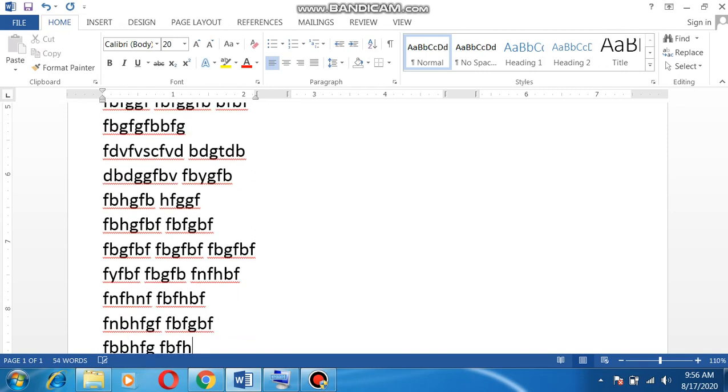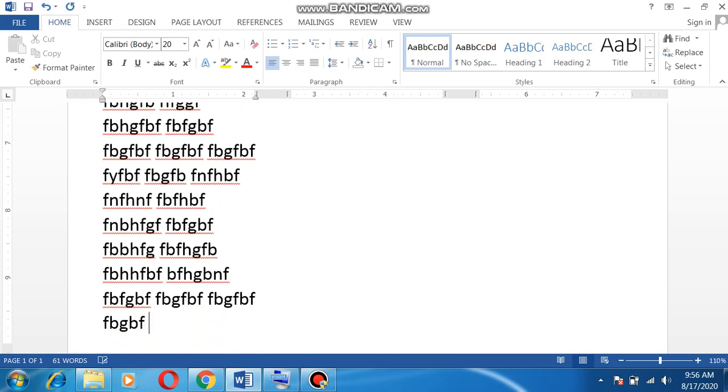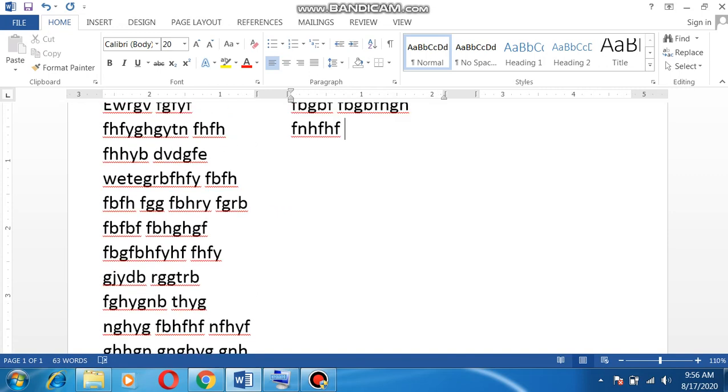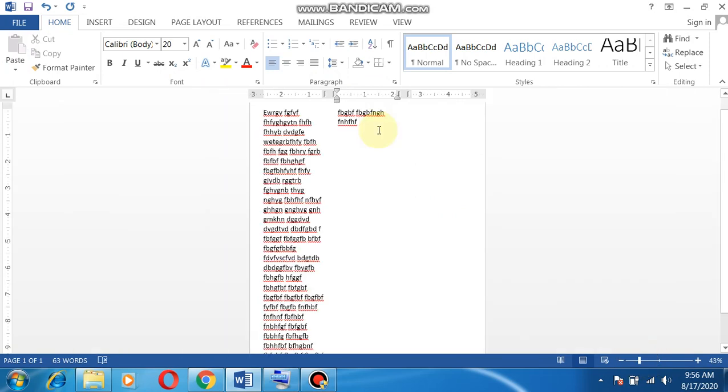If you have not seen, then please read a newspaper or a magazine today and find out that this type of setting is available in newspapers and magazines. Now here, as soon as we have reached the end of the column, you can see the next column printing. So this is a very important option in MS Word.